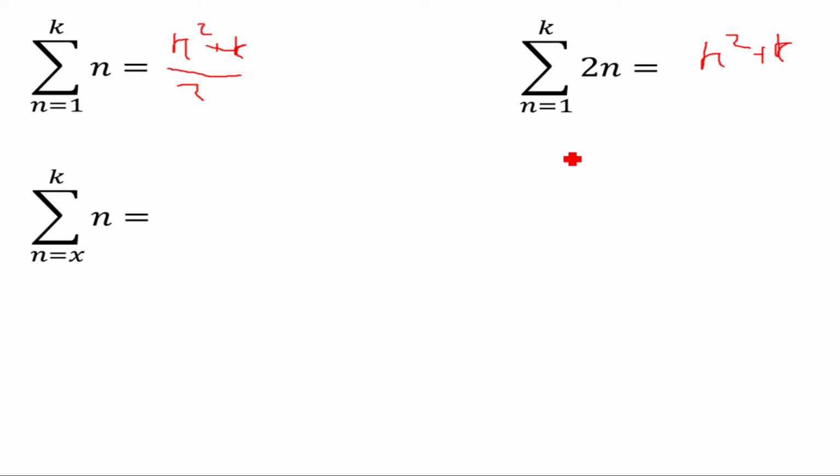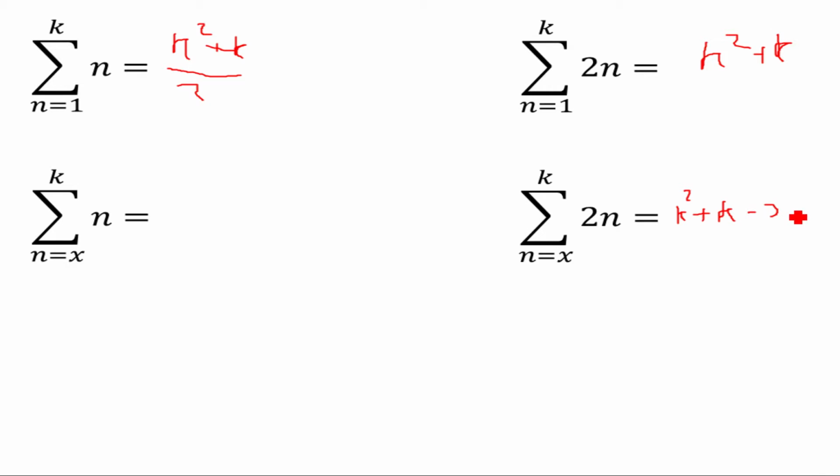And then we go back to similar equations like this, and so we just do times 2 each time, and so we're just left with k squared plus k